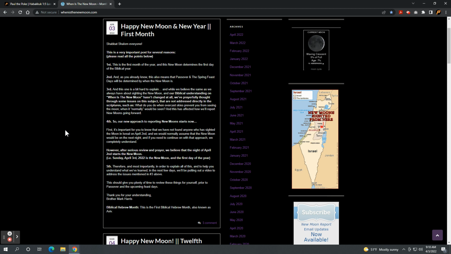Now, based on math calculations and trends, they typically see the new moon at about 5 to 7% of full. Typically, they would see the new moon with these current observations and calculations. But it didn't happen last night because of cloud cover, so they're going to explain themselves further. At any rate, they're going to move forward. They declared it